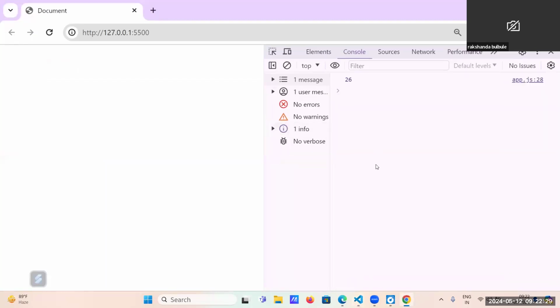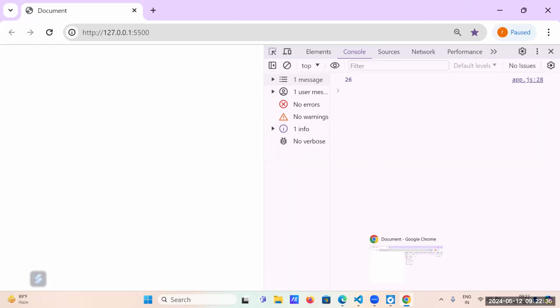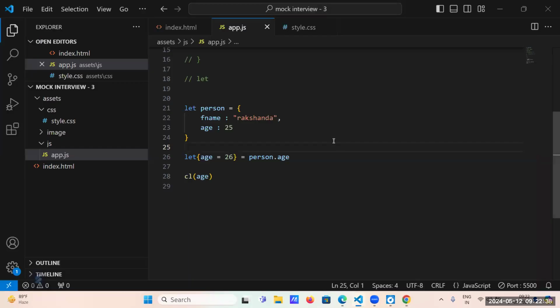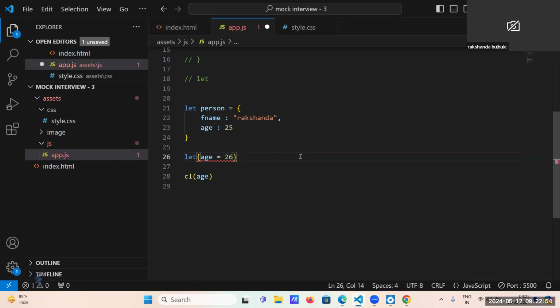You have done equal to person dot age, right? Remove that equal sign as well. Okay, fine. Comment this.